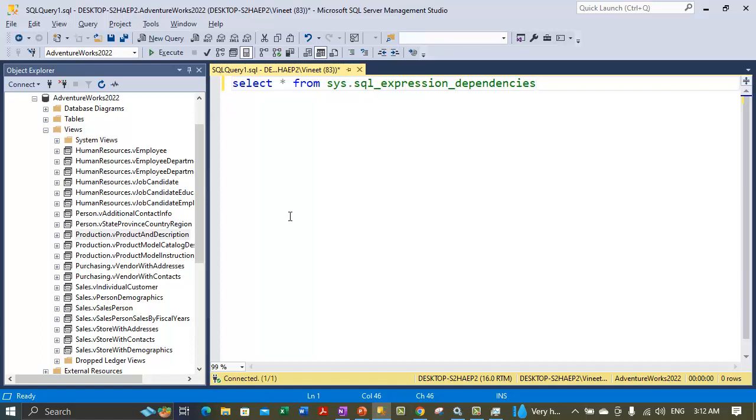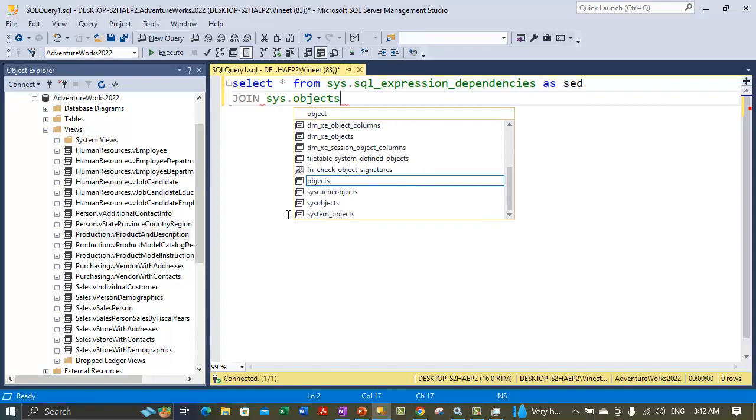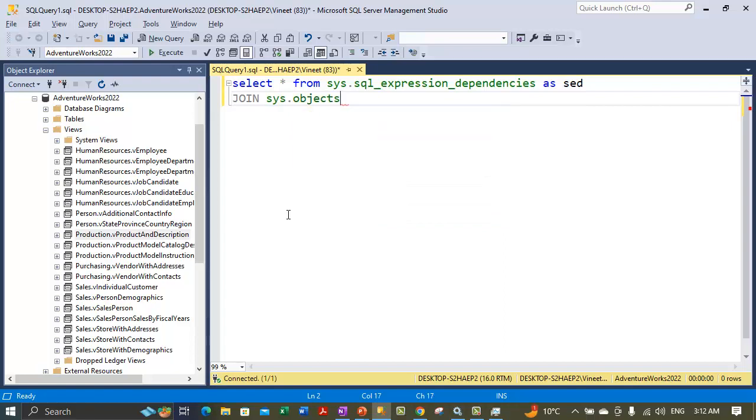This is the statement. I'm taking a short name for this, so I'm marking it as SED, and I'm joining it with an inner join. You can just type join as well. I'm joining it with the sys.objects table, which contains information about all the objects in SQL Server, and I'm marking this catalog as O, and we are joining this on